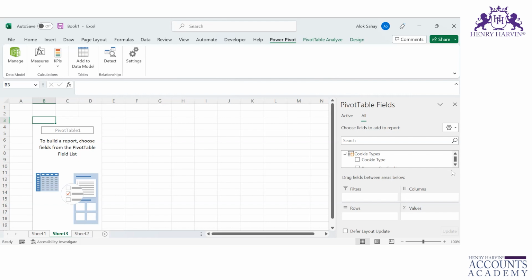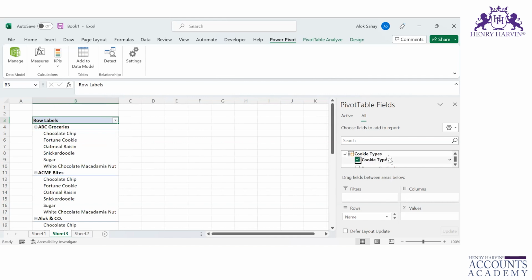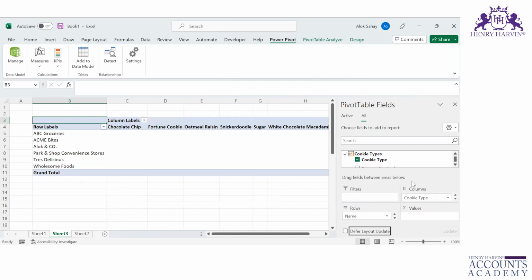So let's say from the customer, we will first select customer name. From the cookie, we need to select cookie type. So these customers have ordered this cookie type. We can move this cookie type to the column, right? We have moved this cookie type to the column, and now from there we can figure out the total profit